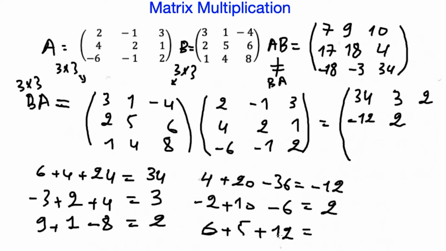So this here is 18 plus 5, which is 23. This is here 23. And the entry here is the third row times this first column, so it is 1 times 2, which is 2, and 4 times 4, which is 16, and 8 times minus 6, which is minus 48. So this equals